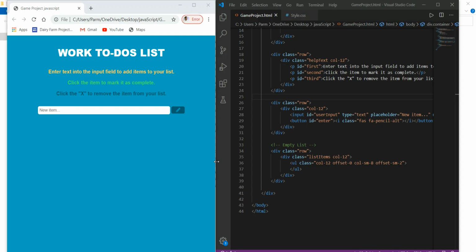Hi, once again. Up to this time, we have almost finished with our JavaScript. So here we are going to create a small project. That project consists of one HTML file, and we have done the styling for this. This job I have already done. Here is our HTML file.